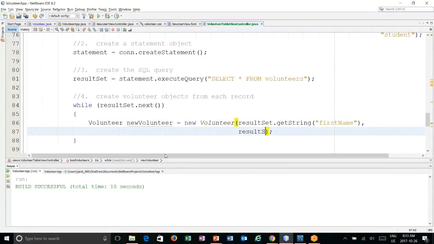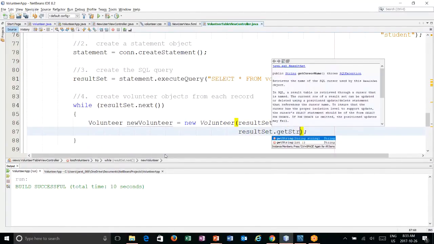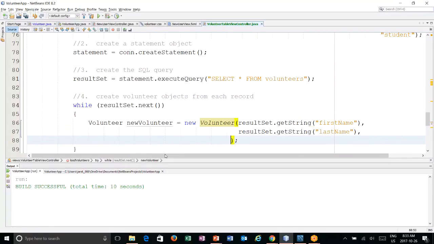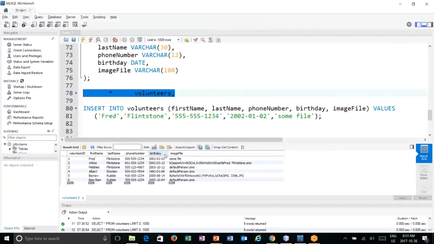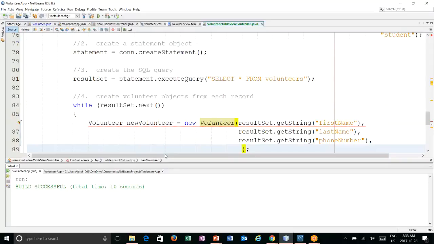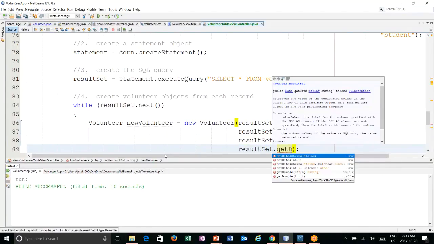And we'll do result set string last name. And we called it phone number. And the last one is their birthday. Now here's where it's a little interesting. So we don't say get string. We're going to say get date